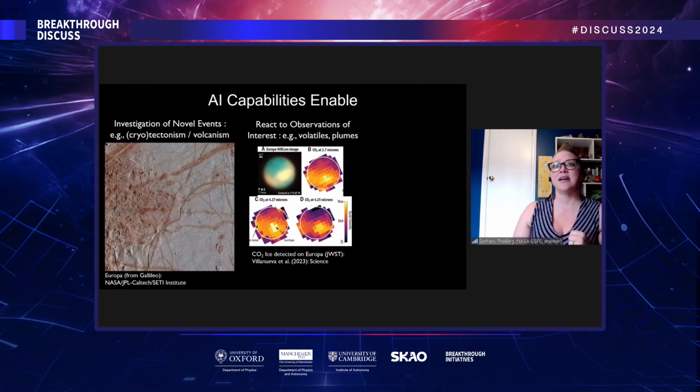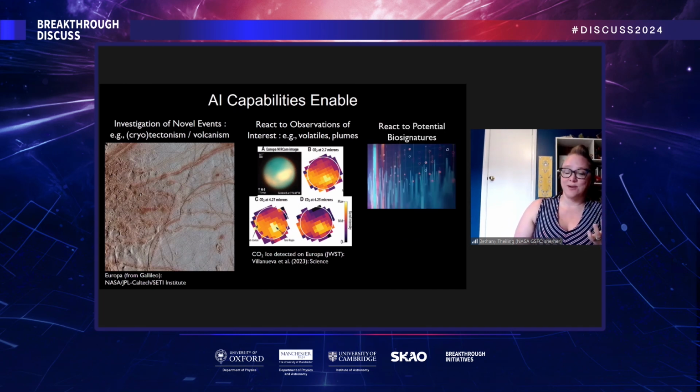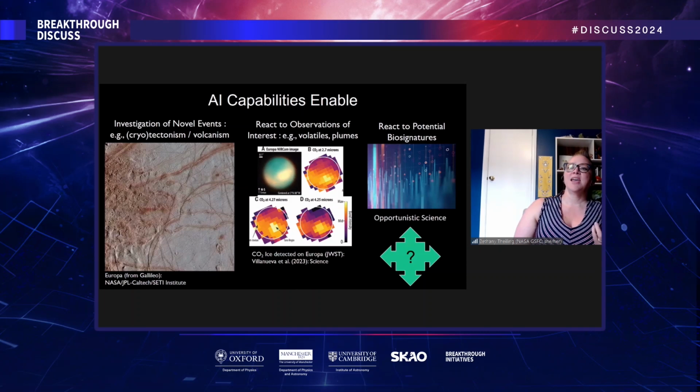And I think you'd have to have AI. And then, of course, the most exciting one to many people is, could you react to a potential biosignature? If you saw something that was interesting, and this goes into the anomaly detection that's been a lot of the conversation today, could you respond to it? I like to put this up here because sometimes we don't know what we don't know until we're presented with something new. I call this opportunistic science. So how would we be able to respond to something that maybe we didn't know we wanted to look for? We can plan all we want, but there are so many things that we learn once we're actually out there.